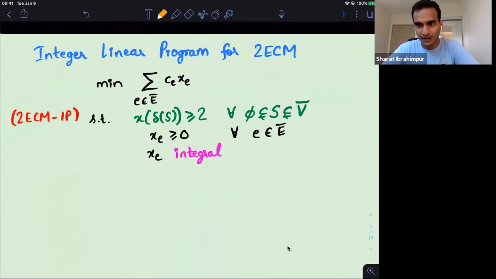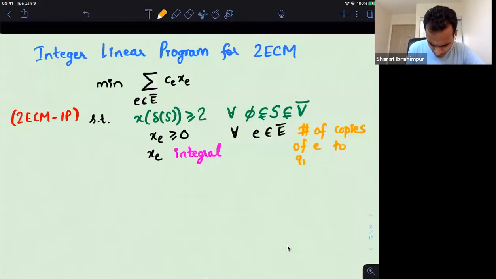Because 2ECM is an NP-hard problem, we want to design approximation algorithms for it. So here's the integer linear program that models 2ECM. The objective function is simply the summation of c_e times x_e over all edges. Here, x_e denotes the number of copies of e that we want to include in our solution. And the constraints x(delta(S)) at least 2,